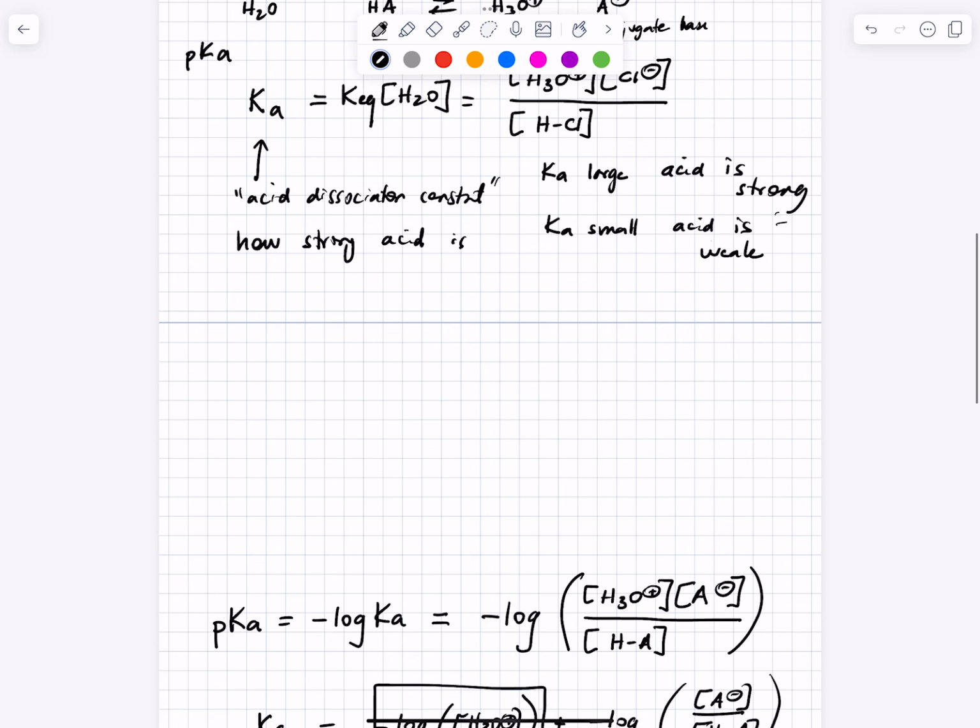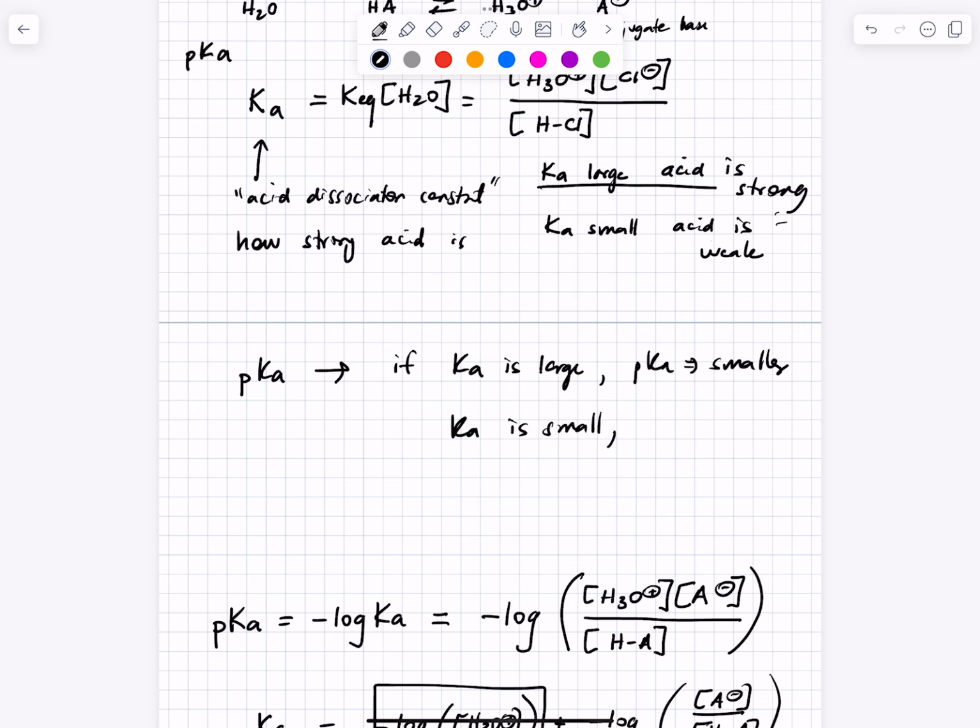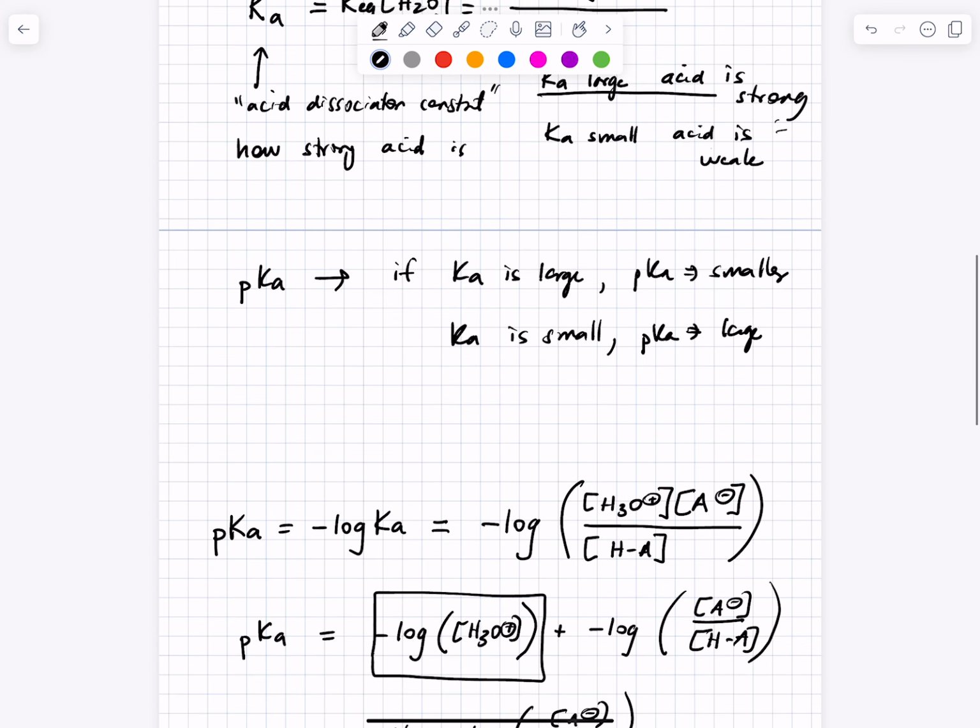How does taking the minus log of Ka change things? If Ka is large, what should pKa be? If Ka is large, pKa should be smaller. If Ka is small, meaning the acid is weak, what should pKa be? Yeah. This is an important observation that stronger acids